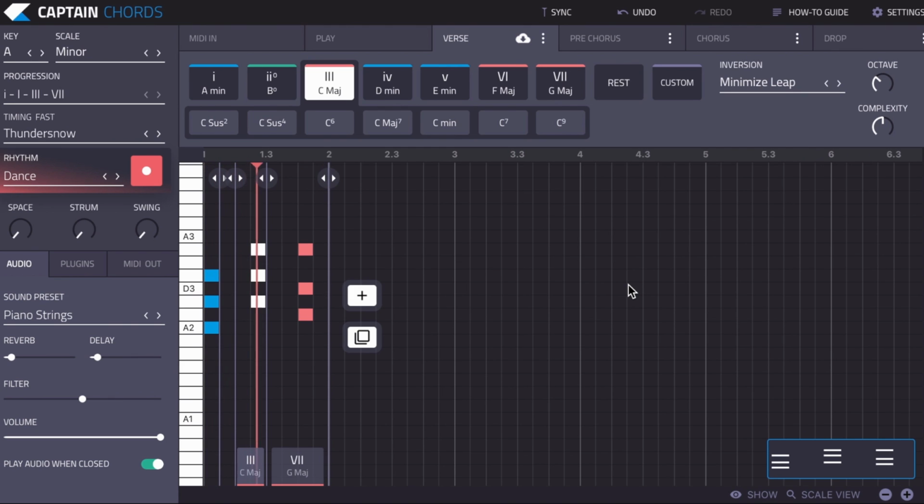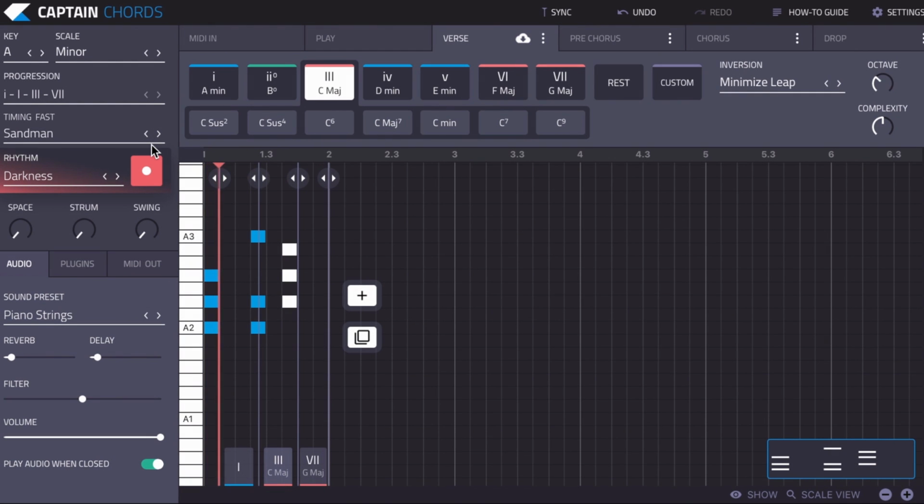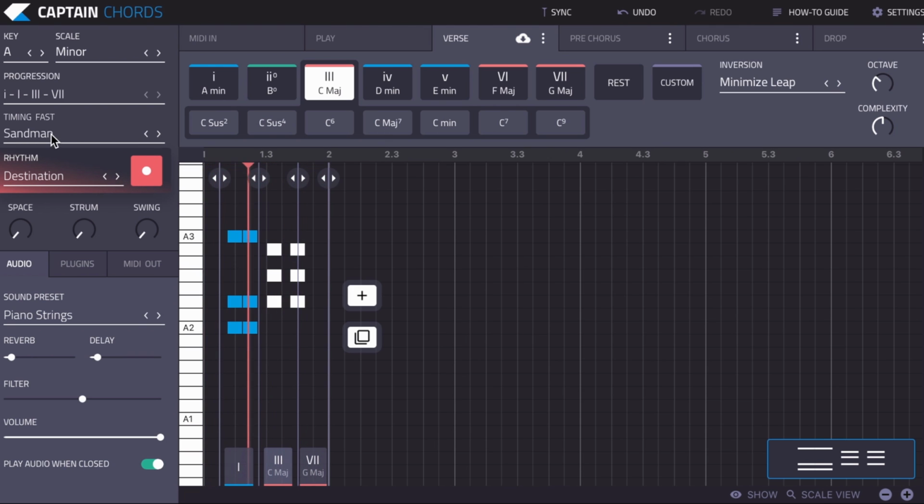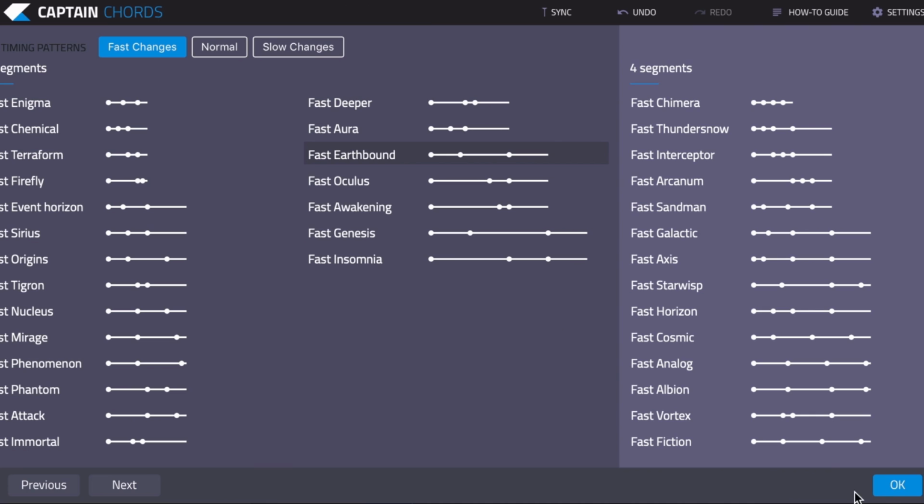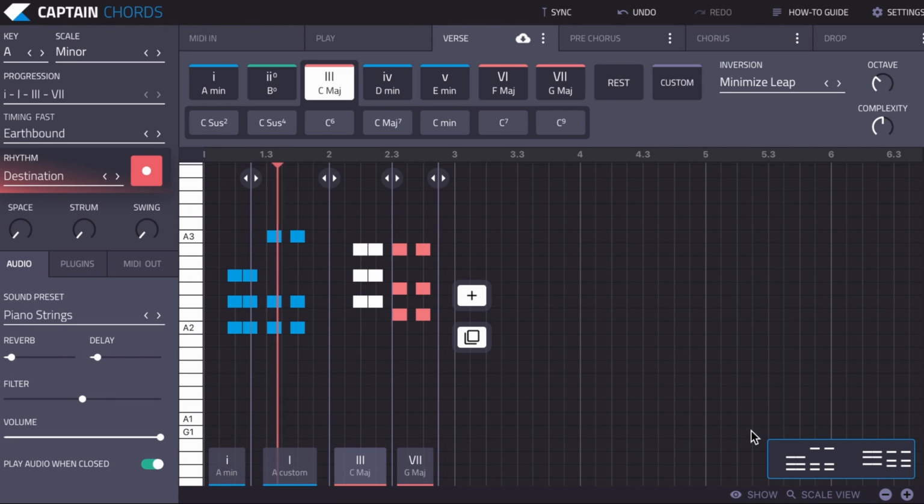And so using that in combination with the timing is a really great way to get some cool ideas going very quickly. So you can already see an idea sort of coming out of that.